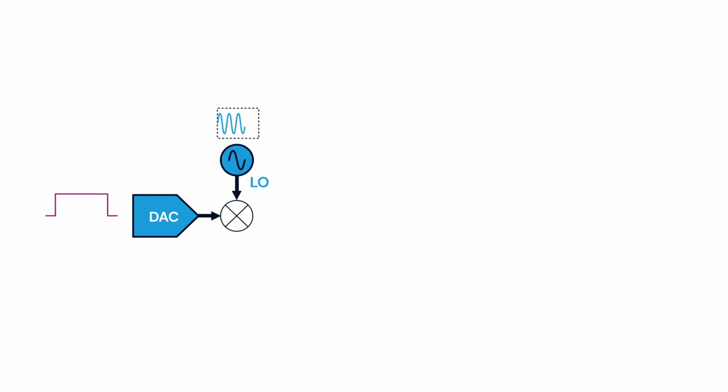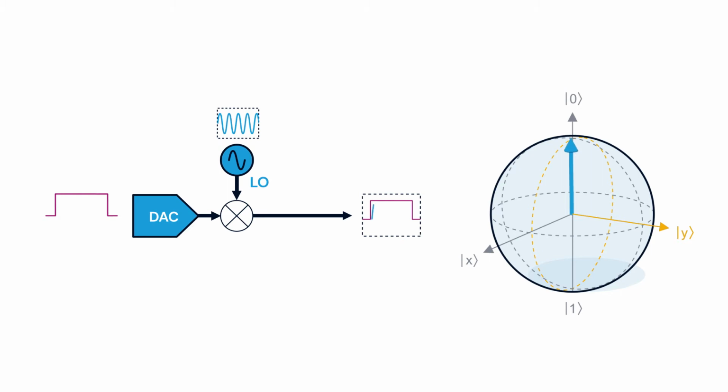To do so, we can do the following. We can first generate a signal which determines the duration and the amplitude. We can apply such a signal to a digital to analog converter, which converts such a signal from the digital domain to the analog domain. Then, if we multiply the signal with a sinusoidal signal, with the frequency and phase matching our requirements, we obtain exactly what we want, a pulse at a given frequency and phase, with the given amplitude and duration, which, when applied to a qubit, generates the wanted rotation of a given angle around the wanted axis.